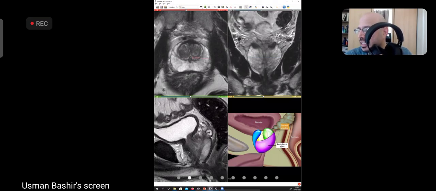And then you get the axial slice where the prostate is its widest, and then you also find a sagittal slice where it is at its widest. And then, let's see if I can draw two more lines. अब आप कुछ लोग यहाँ पे measure करेंगे, कुछ यहाँ पे करेंगे. You can look up literature and see what's the best, क्योंकि eventually तो